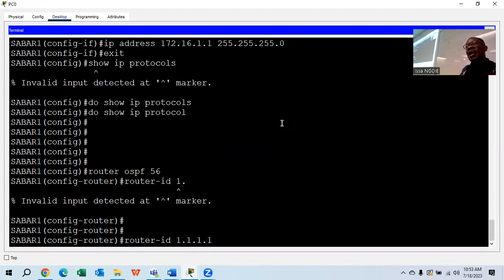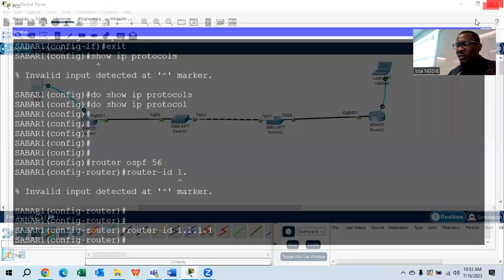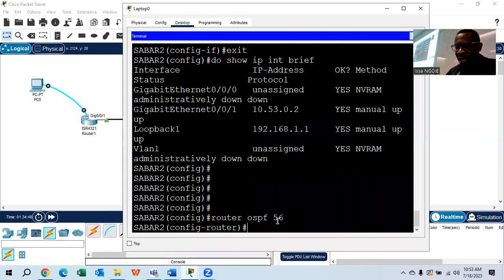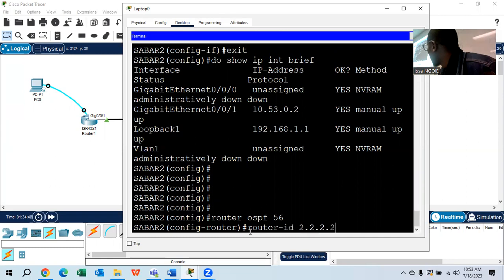I'll show you later why there's a router ID and how we can use it, right? I'm done with this one. You're gonna go to the next router. The router ID, it's 2.2.2.2. The first router, it was 1.1.1.1. The second one, it's